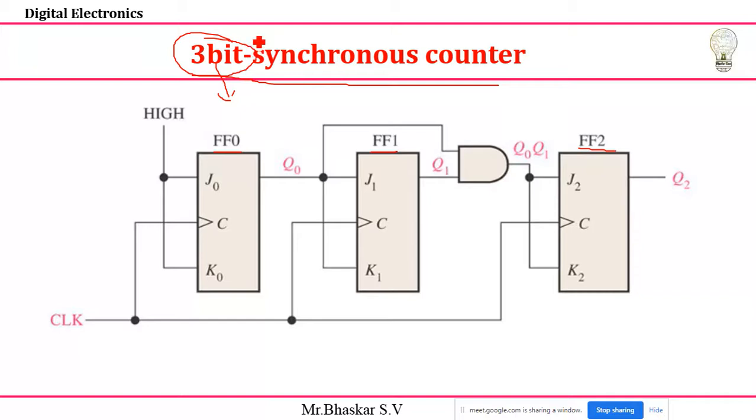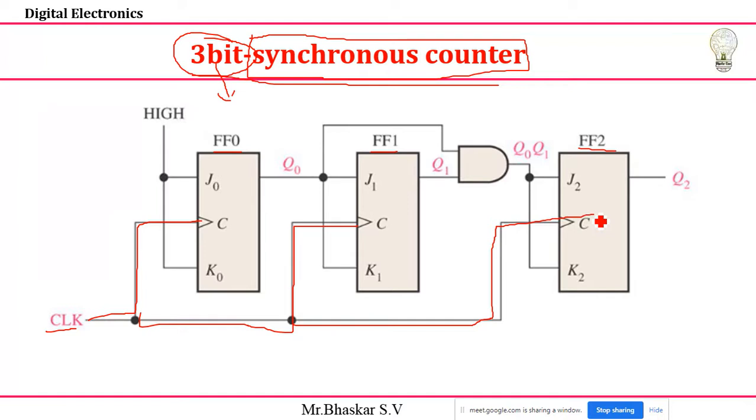And the second word you see here is synchronous counter. It is synchronous with respect to the clock. Then you just write one clock signal, take this line and connect it to all the clock inputs. If I have flip flops and you give a common clock, then it is called synchronous. Then how is it counting? Basically, what I'm explaining here is a binary counter. Binary counter means it will start counting the value from 0 to the maximum.